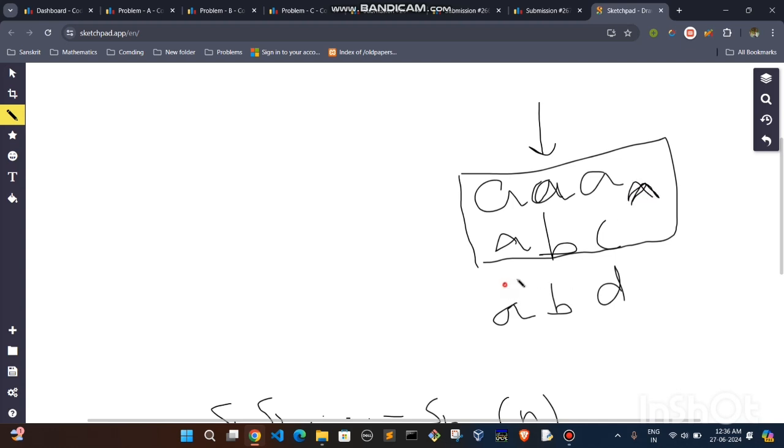Now, this is the same at A and B, but the first place where it differs, ABC is less than ABD. Right, and this is the only definition we need to take care of. So I need to get the lexicographically minimal, which means that if I have this string,